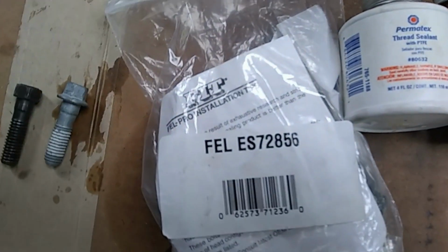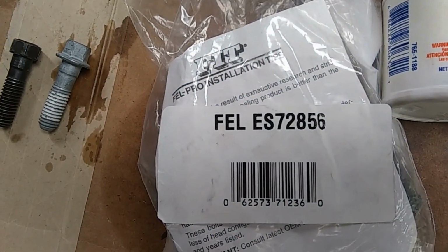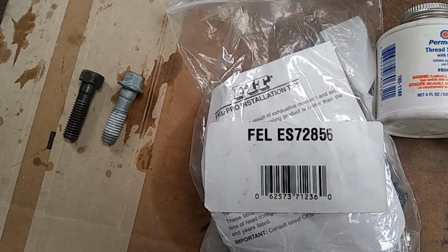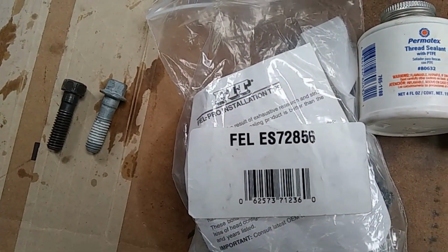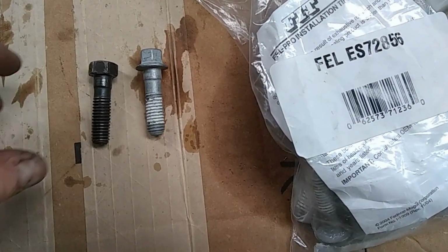So, here's the part number for those. I sell the bolts. If you want to order them from me, I sell a full set for 32 bucks, or you can order them from the parts house for about 38. But if you're going to use these,